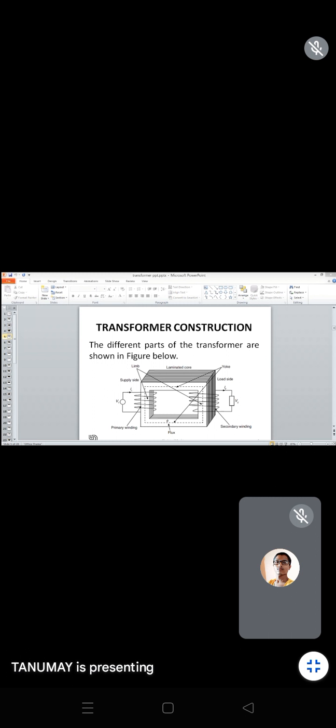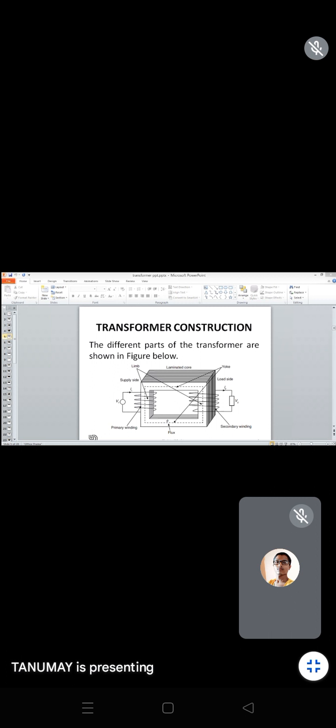Similarly, in case of a step down transformer, the number of turns over the primary side will be more and over the secondary side it will be lesser. That's why it will try to step down or reduce the applied voltage over this transformer. That's why it will be called a step down transformer, right? So there is one equation, V2 by V1 equals E2 by E1 equals I1 by I2. So that is the equation in case of transformer.